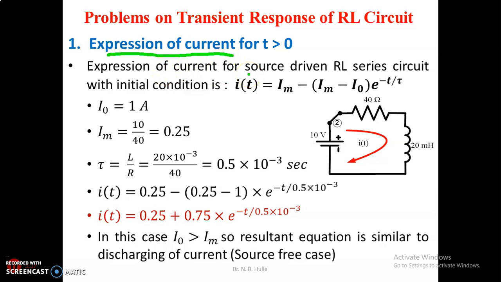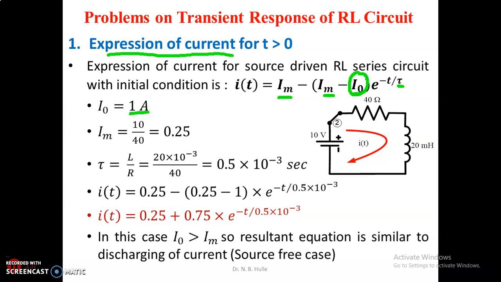For the source-driven RL series circuit with initial condition, the general expression is i of t equal to Im minus (Im minus I naught) into e raised to power minus t by tau, where Im is the current after switching, I naught is the current before switching, and tau is the time constant after switching. First we will find all these values. First is I naught, which we have already calculated as the current before switching, that is the initial condition of the current,